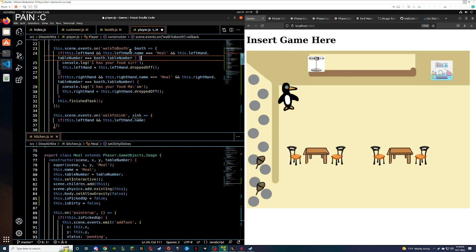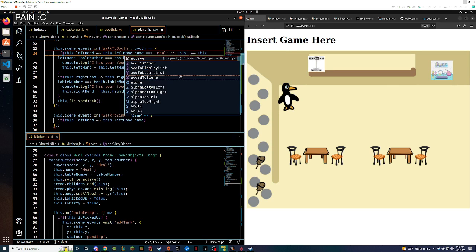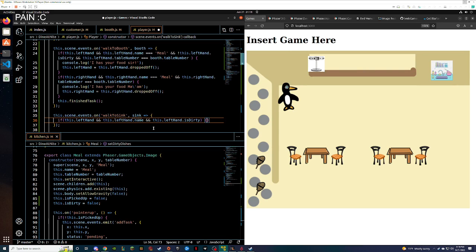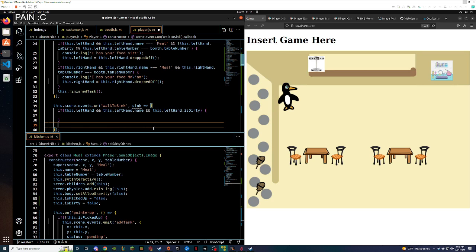And then we can do this dot left hand and this dot left hand dot is not dirty. Boom. Meanwhile, and this dot left hand is dirty because we only want to put the dirty dishes in the sink. Otherwise, that'll mess everything up, and that will not be fun for me.